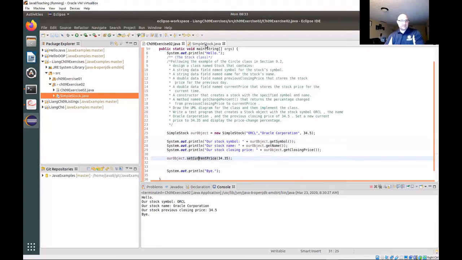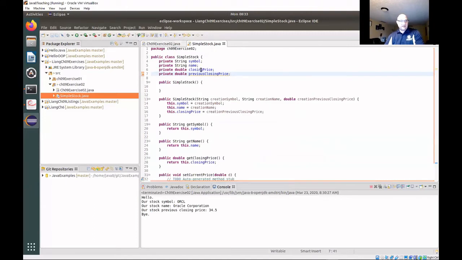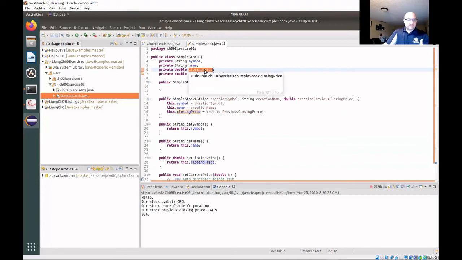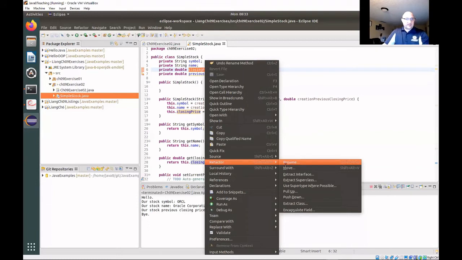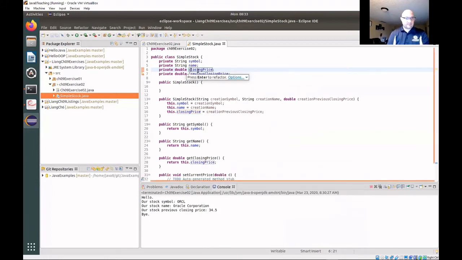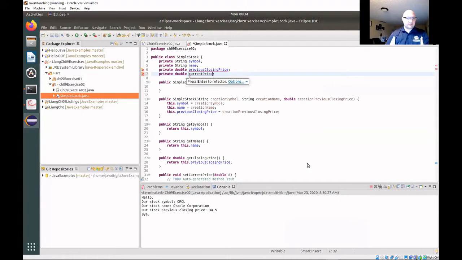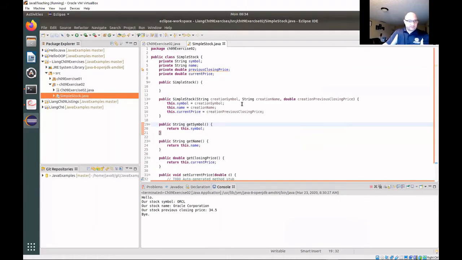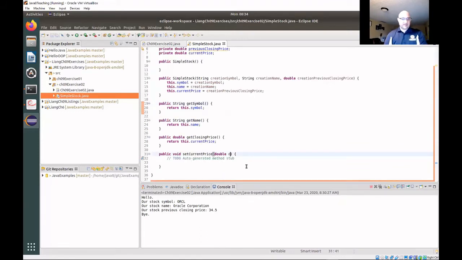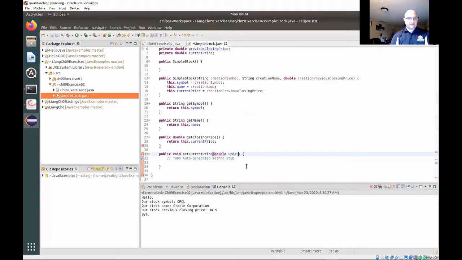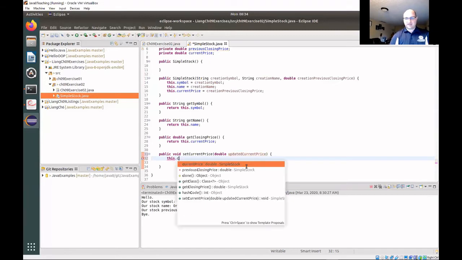Okay, so set current price, and then we'll let's refactor this again. And then we're gonna refactor, rename this and call it, okay. So set current price double D, and we'll call this updated current price. And then we'll say this dot current price equals